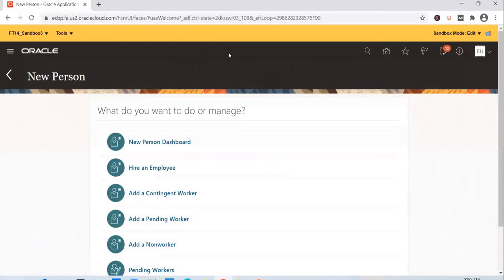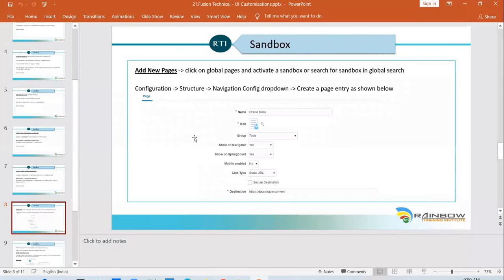Okay, so you have certain advanced concepts like Application Composer and Page Composer, and you can probably try to explore them in your free time. But let's see how to add a new page to the application. And when I say add a new page, I'm not talking about building an OAF page or an ADF page and deploying it to the application.